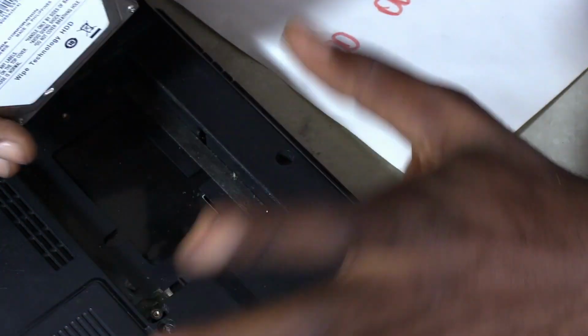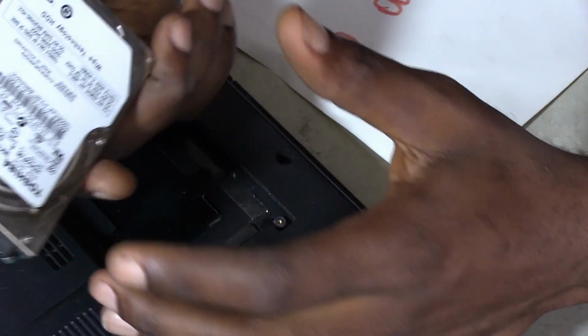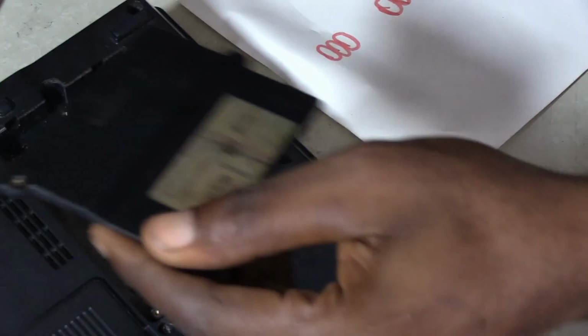I have my hard drive. Okay, very good. I have to access the information in the hard drive with my phone, with my Samsung Type-C Samsung. Okay, so very simple. This is how I'm going to do it. I have my hard drive. That is it. Then I close my laptop back,